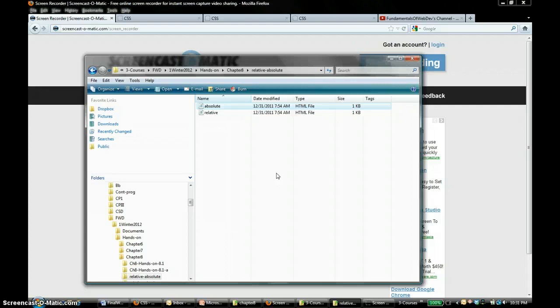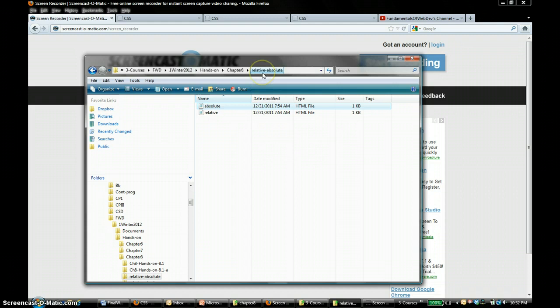Normal flow is where the browser will simply follow the elements in the order in which the element is placed in your HTML file, and if it is inline it will go into the same line. If it is a block element it will go into the next line. So you can position any element relative to its normal position, maybe a little bit to the left and right and things like that. So in the hands-on